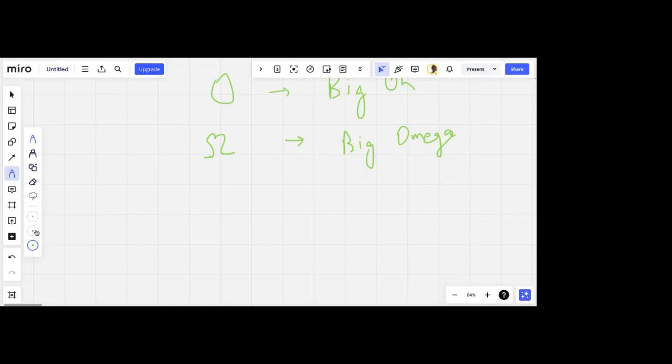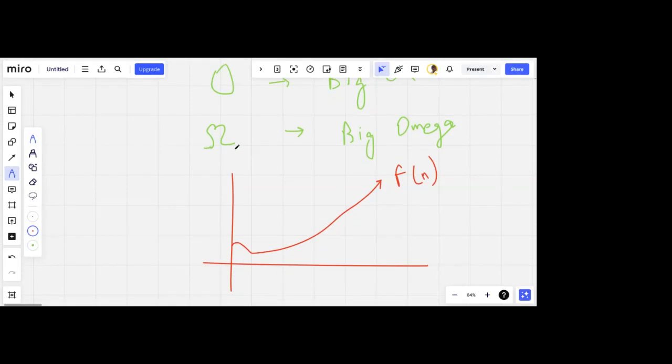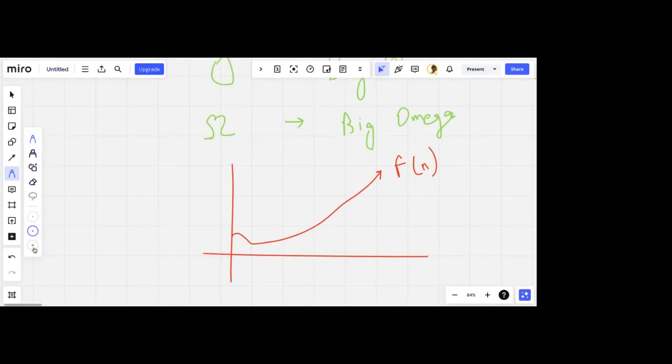So now, if I have a graph like this, and let's say I have a function f of n, then for omega notation, you have to just find a function, let's say this one,